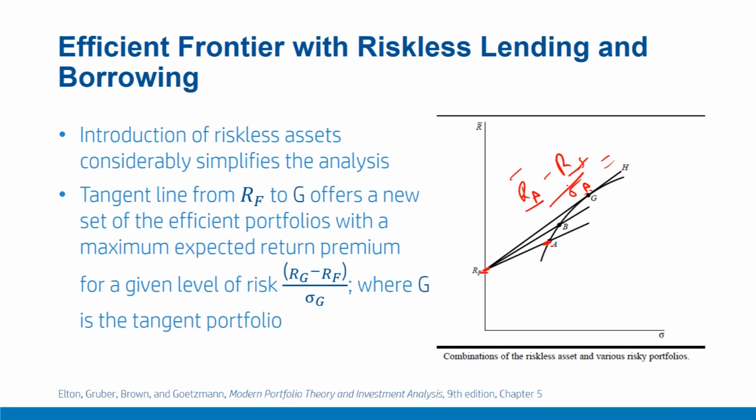The points on the line to the left of A, this set of points from RF till A, are the combination of lending at the risk-free rate, that means investment in the risk-free asset, and investing in the portfolio. So a mixture of investment in RF and A would fall on this line. Conversely, the points on the line to the right of A are a combination of borrowing at RF and investing the original wealth as well as the borrowed amount in A, resulting in a position to the right of A on this line segment. Therefore, these are called the borrowing segment of the line.